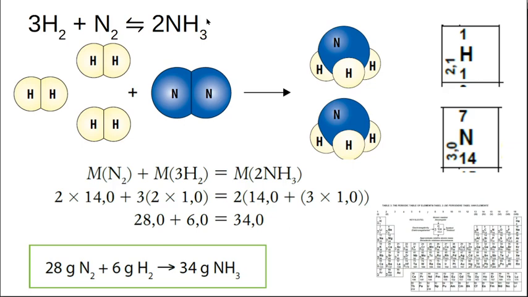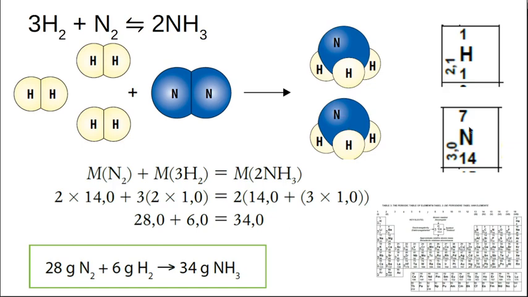Okay, so this is the balanced equation. There are 3 hydrogen molecules, 1 nitrogen molecule, and you end up with 2 ammonia molecules. So in pictures, hydrogen, hydrogen, hydrogen. Can you see I've got 3 diatomic hydrogen molecules and 1 diatomic nitrogen molecule, and on the other side I've got 2 ammonia molecules. So if you look on your periodic table, okay,